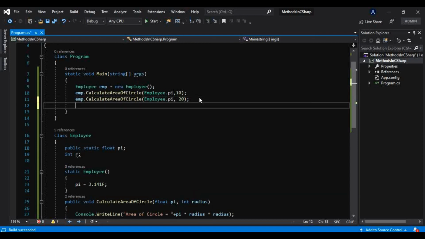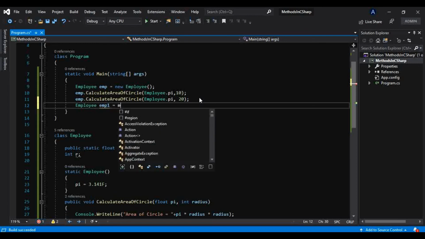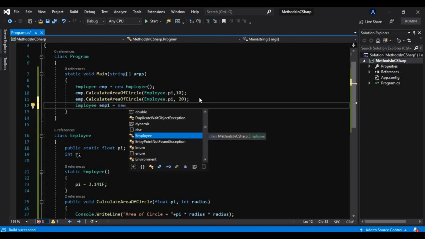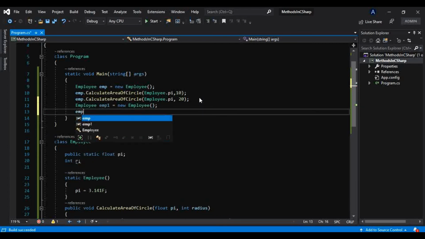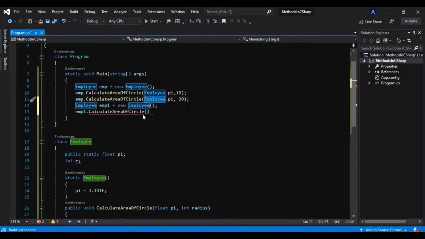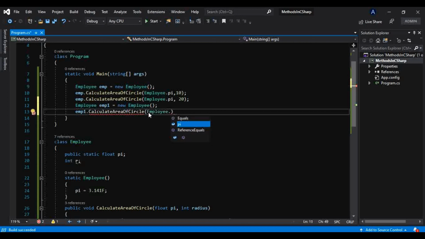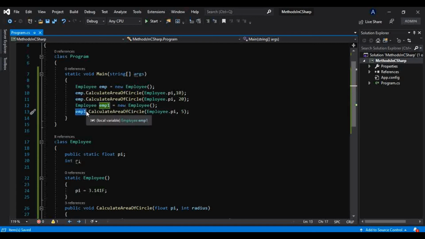So if I again create one object like this, Employee emp1 = new Employee, and call emp1.CalculateArea, passing Employee.pi and radius 5, this object also has the same value of this static field.